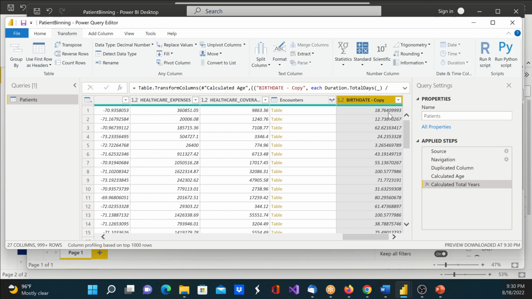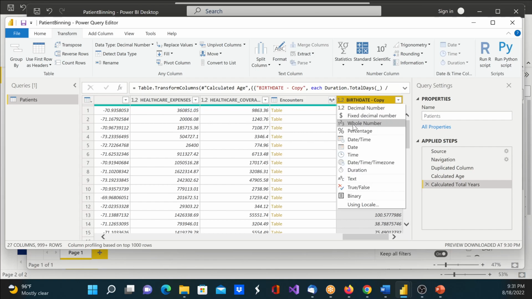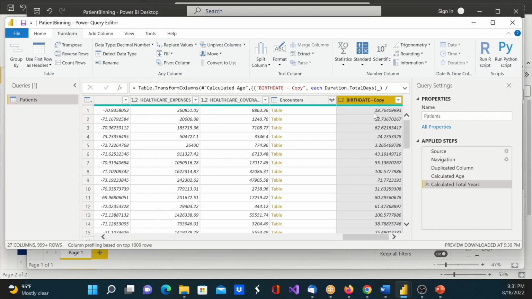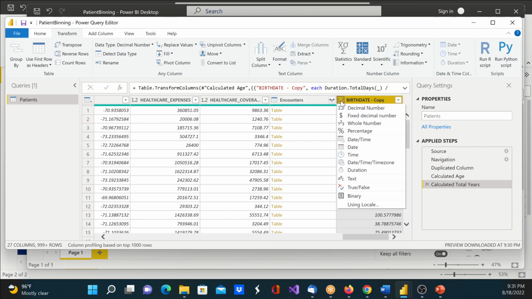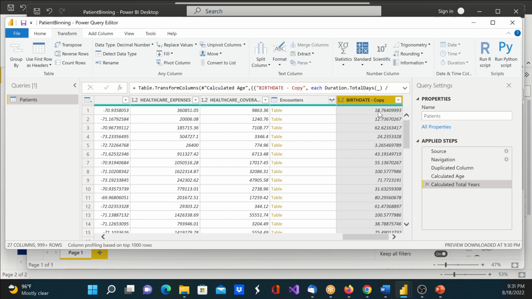So you can see it's 18 point something. So I'm just gonna go ahead and change this to a whole number. And if you wanna be technical, you can get the function here, maybe ceiling or floor, whatever you prefer. I'm just gonna change this to decimal so that I get a whole number, because most of the times we usually say this person is 18 years old, maybe 12 years old, or 62 years old, or 63. We don't say 18 point something. So I'm just gonna change this to whole number,